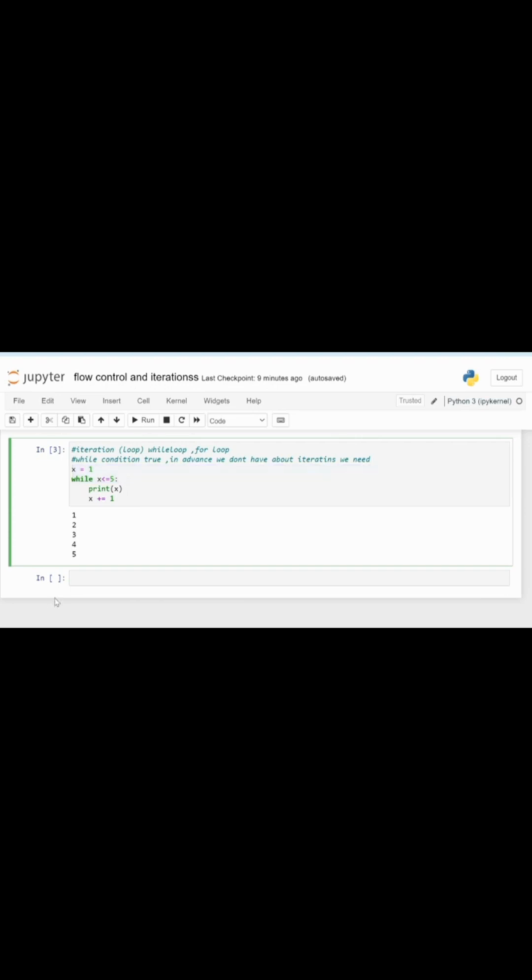Next we are talking about the for loop. Basically, a for loop is used to iterate over a sequence. And it will execute